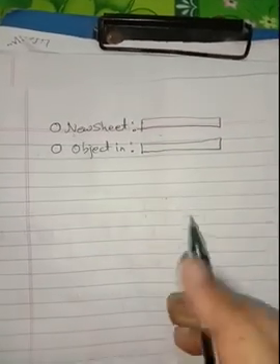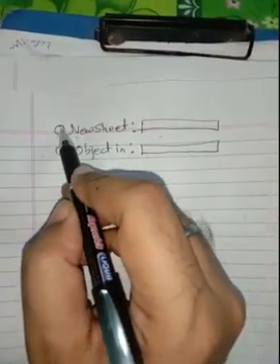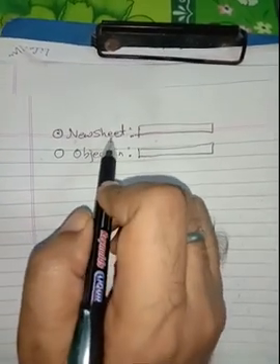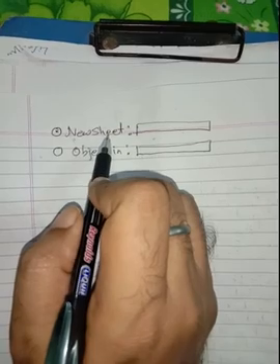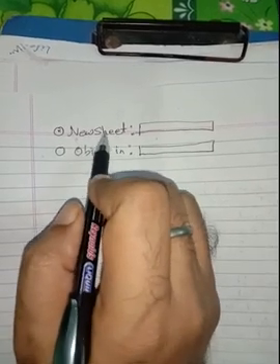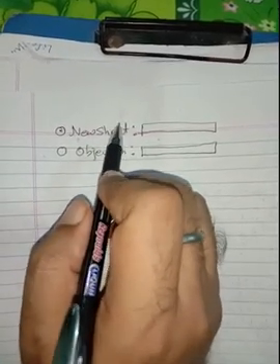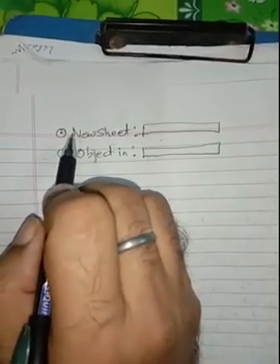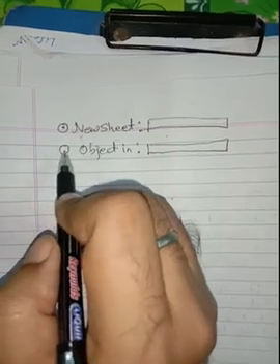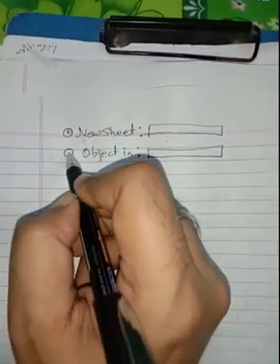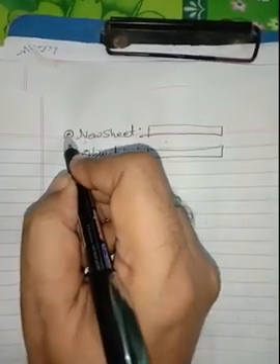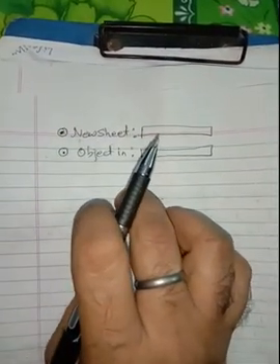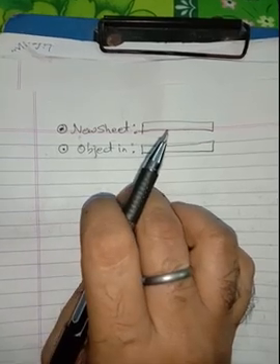So if we left click over here, a dot of this type will appear, indicating that the new sheet is selected. Whenever we select the new sheet, the chart will be placed on a new sheet. Or suppose if we left click over here, now this will get removed. Object in option, then choose the sheet in which you want the chart to be placed over here.